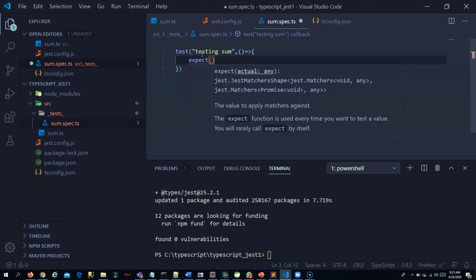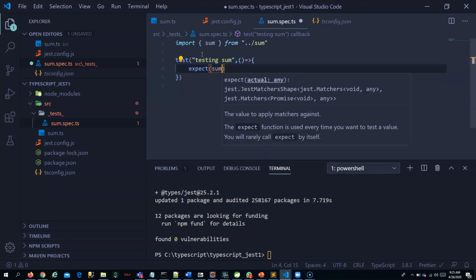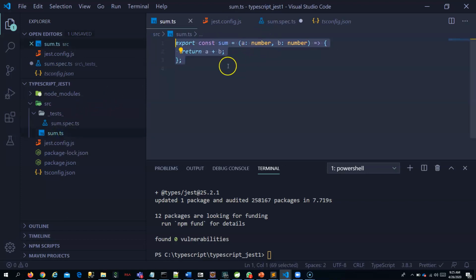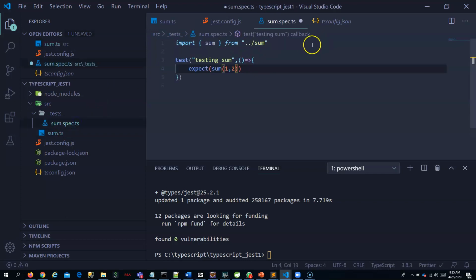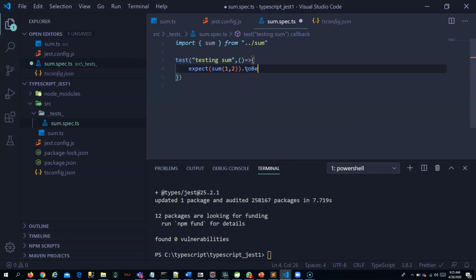You expect, maybe you can import the sum. And I will say maybe 1 plus 1 comma 2, because the sum takes two inputs, and I will check whether it is returning the correct sum. Sum 1 comma 2 to be 3. So this is my simple spec test.